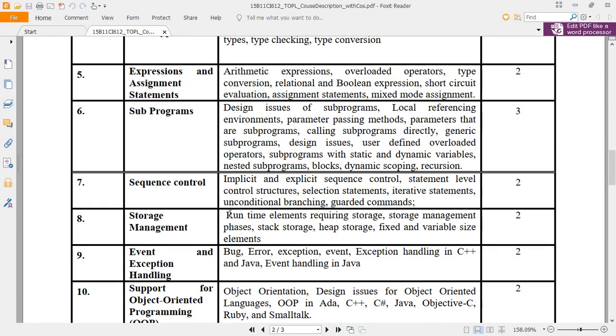In the storage management, how the storage for the local variables, global variables, function calls are maintained. So in this, how the stack storage will be maintained and heap storage will be maintained with the help of activation records, and with how the runtime stack will be grown, and these details, that is static link, dynamic link, these concepts we have seen as part of this.